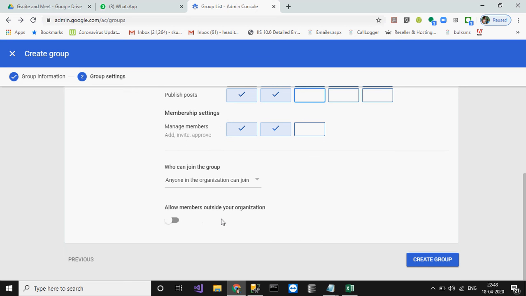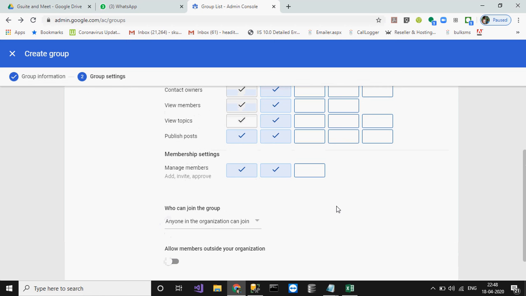If you want external IDs here, for example, some students have a personal Gmail ID and do not belong to your school, and you want to deliver your classes to that particular student also, you can ask for their personal ID and add it in the respective group. At that time you need to allow this button, then he will be able to join, else keep it off.